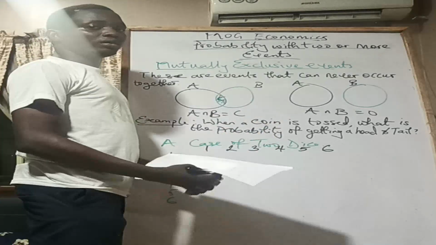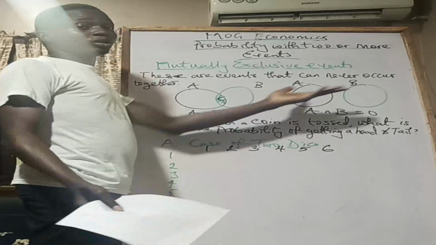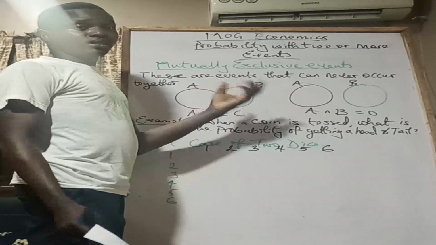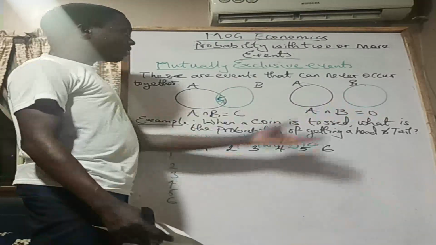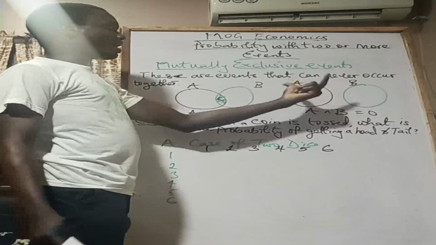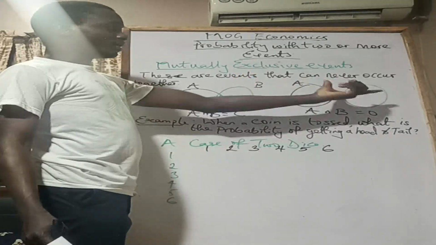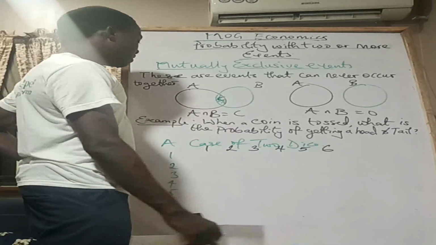By the time we look at the second example, we have circle A on its own and circle B on its own. So there is no intersection. They are disjoint, and A intersection B is 0. So these two events, A and B, are mutually exclusive here, while in the first they are not mutually exclusive. That's the central idea of that.